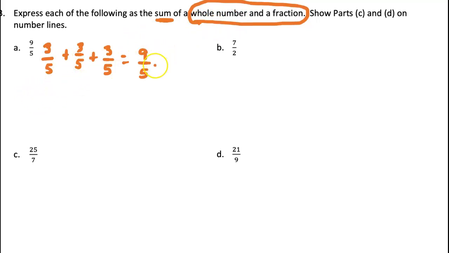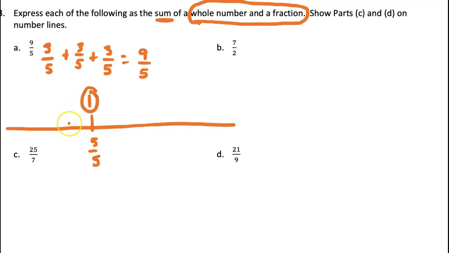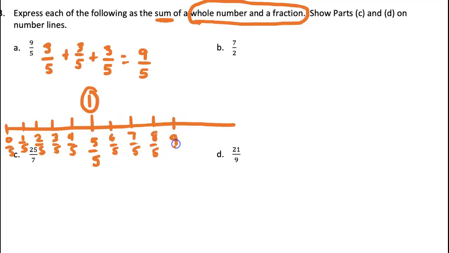Okay, well, we talked about this, and it's easier to see on a number line. So I'm just going to go ahead and do a number line, and you can do C and D that way. All right, so if 5/5 is 1 whole, this is 1 whole. And I've got 4/5, 3/5, 2/5. Sorry, I'm running into the other problem. 1/5, and then 0/5. Then I'd go 6/5, 7/5, 8/5, 9/5,